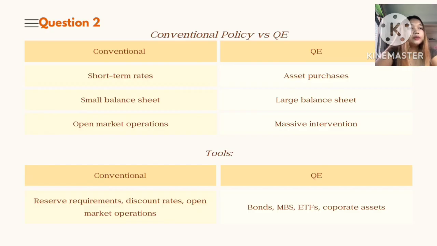Under conventional monetary policy, central banks typically rely on open market operations, reserve requirements, discount rates, and policy rate adjustments. These tools mainly affect short-term financial conditions. Quantitative easing expands beyond these traditional instruments. Central banks purchase large quantities of assets such as government bonds, mortgage-backed securities, and in Japan's case, even ETFs and